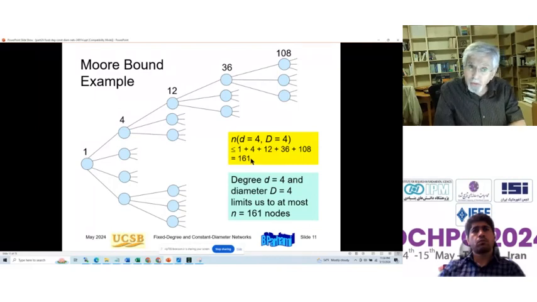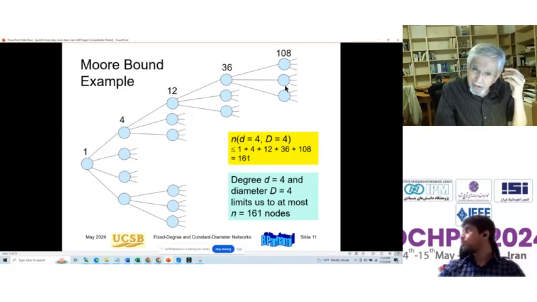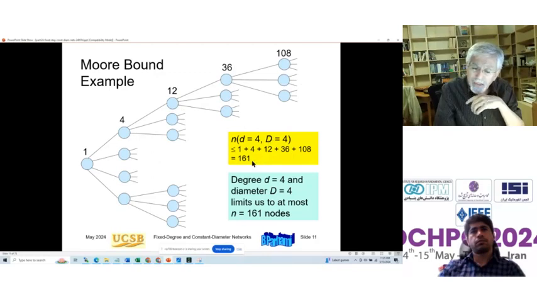This is known as the Moore bound for undirected graphs. There's a corresponding bound also for directed graphs. But for undirected graphs, the Moore bound says basically, what is the maximum number? And here, of course, I'm assuming that there's no repetition among these nodes. In other words, none of the nodes at this level is the same as a node at this level. If all of these nodes are distinct, then the number of nodes that I can accommodate with diameter 4 is